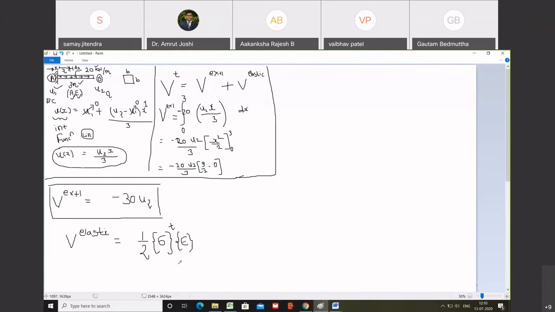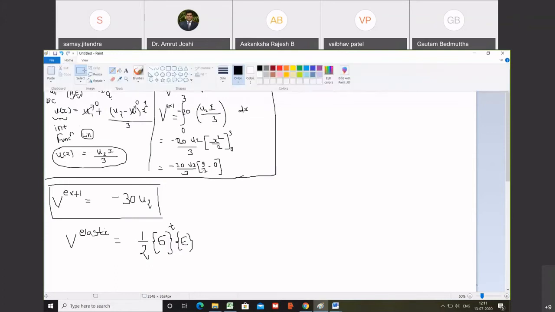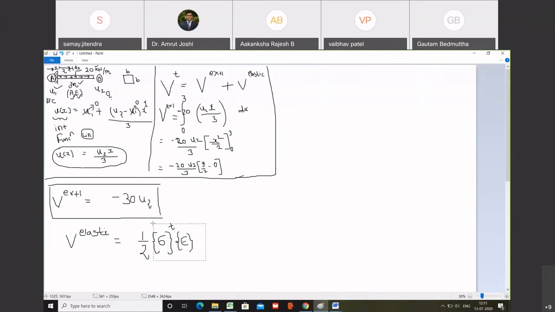This is strain energy stored per unit volume. But out of the 6 independent components of stresses, only one component is prevalent here, and that is sigma xx. Do you agree with me? So this expression is now simply going to take the form of sigma xx into epsilon xx. And for making this less clumsy, I will only say it is stress multiplied by strain.